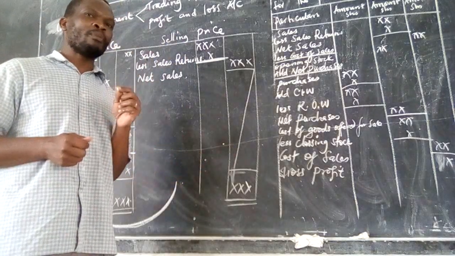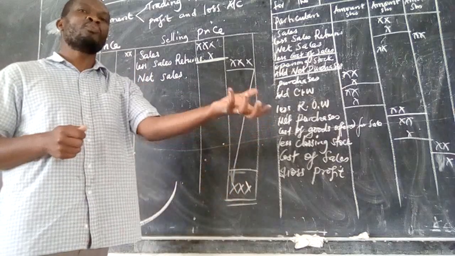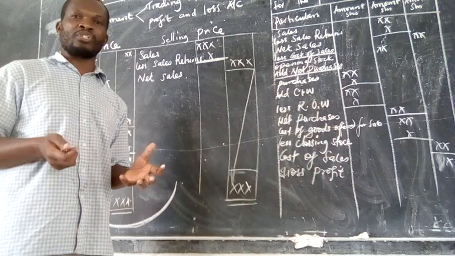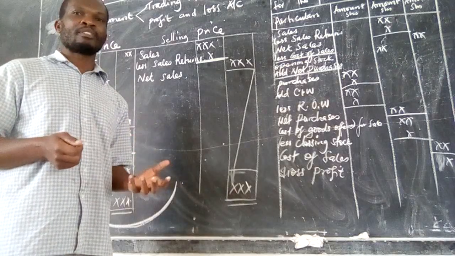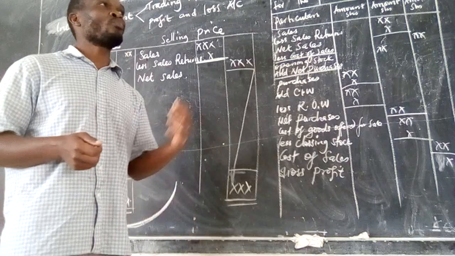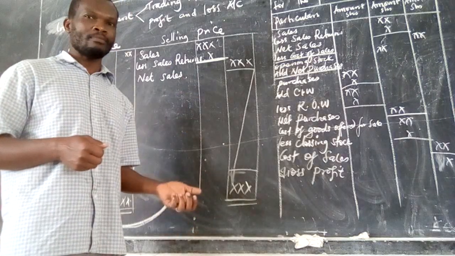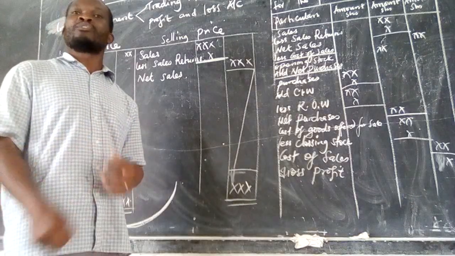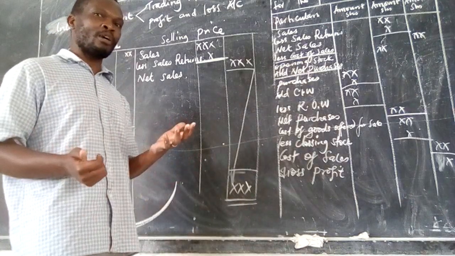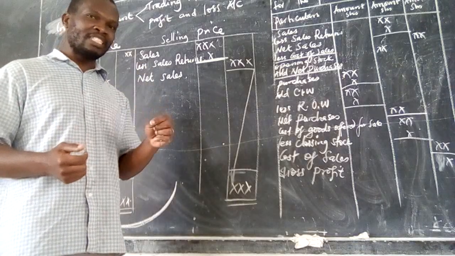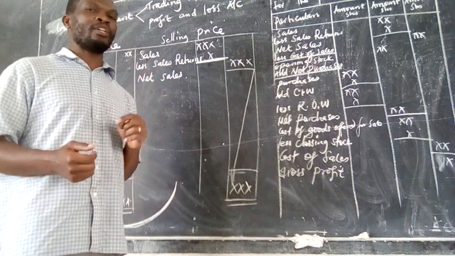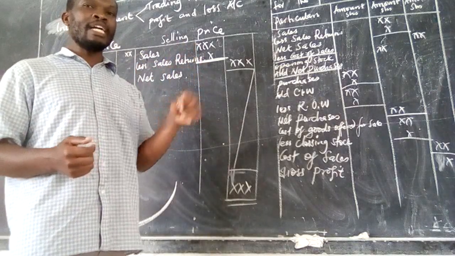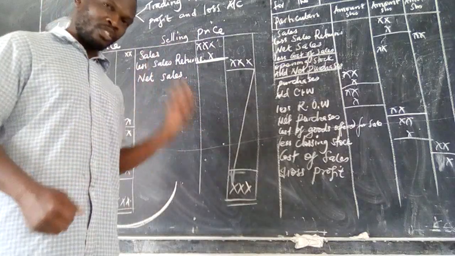It is different from how much was got from those goods that were sold. Just imagine the furniture could have cost 20,000, but you sell it at 25,000. Or it cost you 20,000, but you sell it at 15,000. Those are variations. You are saying the cost of goods sold is different from the net sales, or the sales, or the income received from the goods sold.